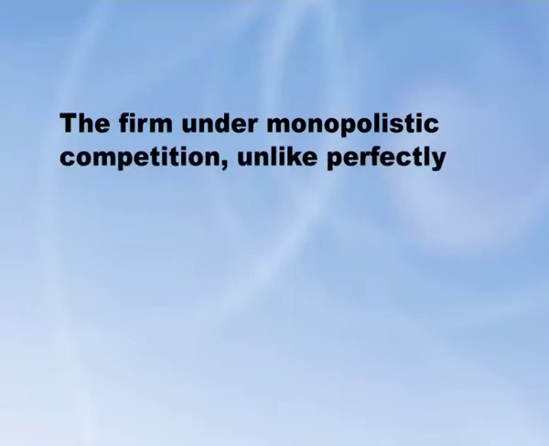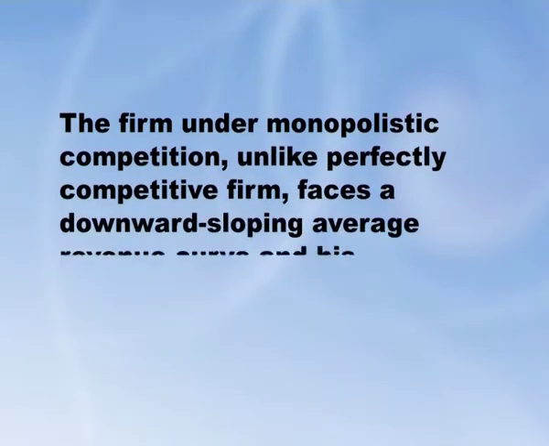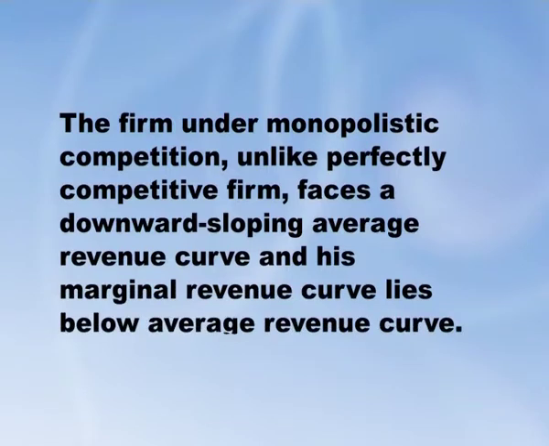There is a significant difference between price-output equilibrium under monopolistic competition and perfect competition. The price under perfect competition is equal to marginal cost, but this is not so under monopolistic or imperfect competition. The firm under monopolistic competition, unlike a perfectly competitive firm, faces a downward sloping average revenue curve and its marginal revenue curve lies below the average revenue curve. Therefore, in equilibrium under monopolistic competition, when marginal cost is equal to marginal revenue, it is less than price or